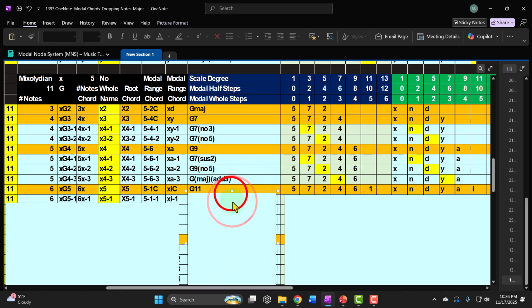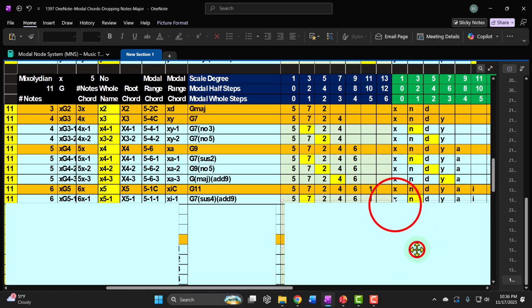What if I drop the 3rd? Again, I'm going to use the same logic, which you could argue against, but if I add the 11 it has a local distance that's dropped down an octave of what we skipped, which was the 4. So if I drop the 3rd and replace it, you would think the name would be G7 sus4 and then add 9. Again, you can argue against that, but to be consistent, whatever you want to call it, I'd rather call it a 6x -1 or an x5 -1,